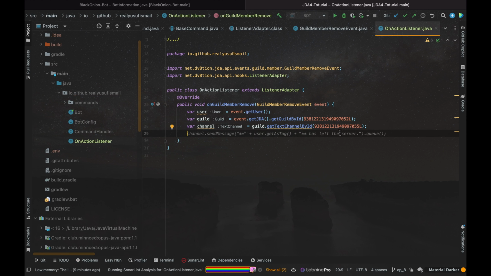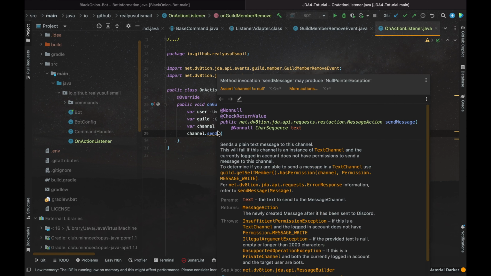You can use what GitHub Copilot suggests, so like in creativity. Actually, that's a joke. You can create any message you want. You can have an embed, you can have a normal message. Just for the sake of it, I'm just gonna use the GitHub Copilot suggestion and use "has left the server." You can have your own custom message, and in future episodes, once we get to the database episode, we can have it where for a specific guild, the admin of that guild can set their own leaving